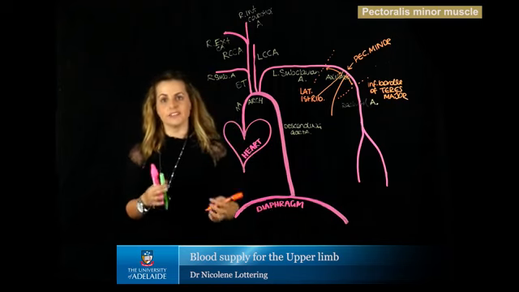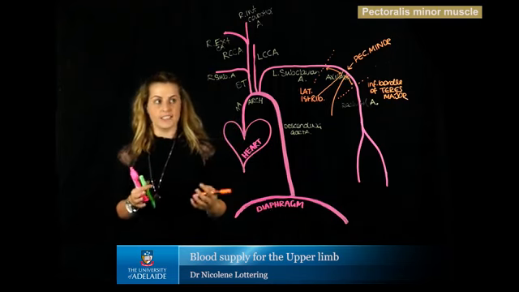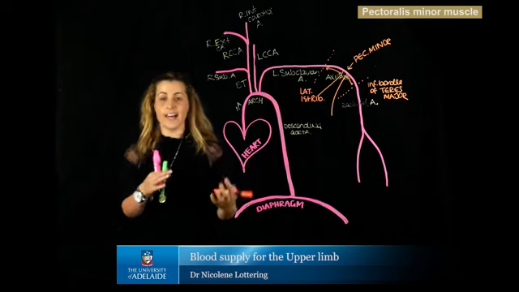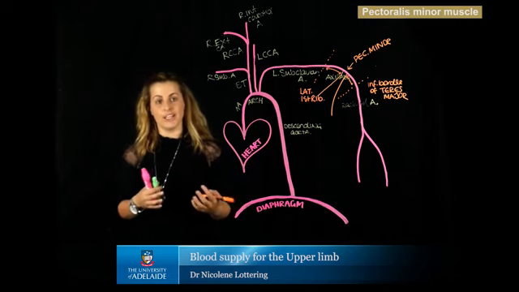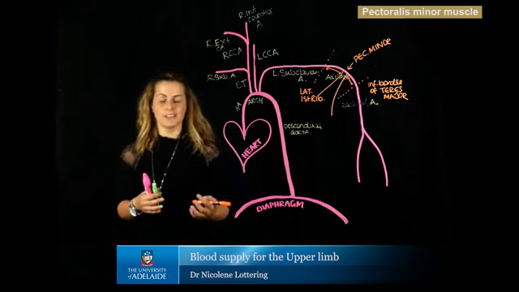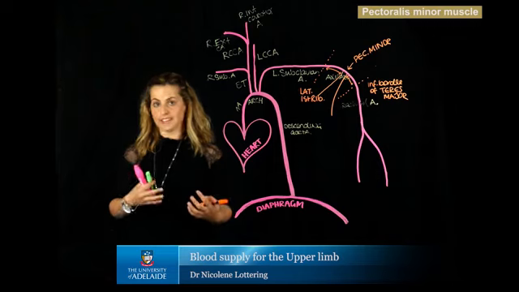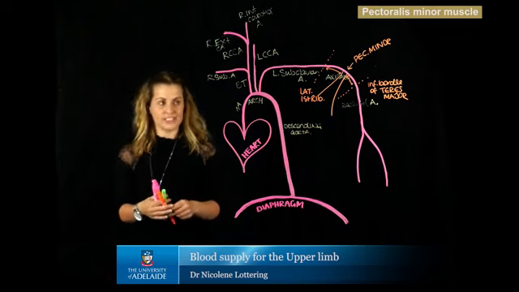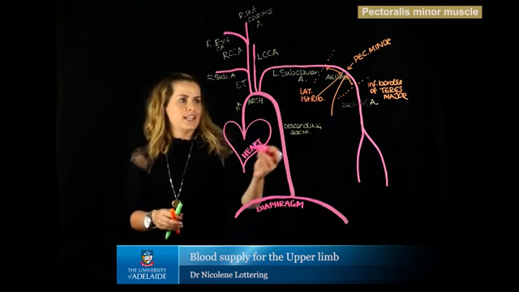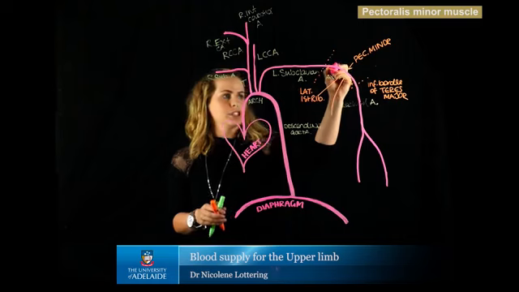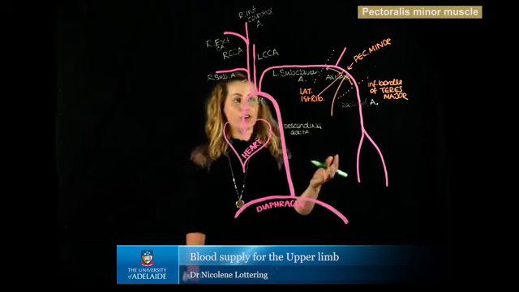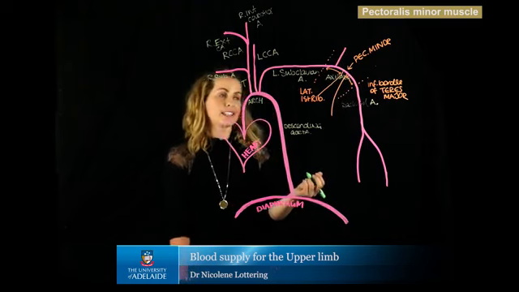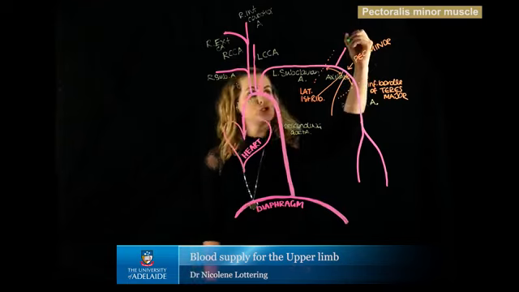Why this is important is that for each segment of the axillary artery, we have collateral branches coming off of it that you need to know, which are going to supply aspects of the thorax, the scapula, as well as the humerus. So firstly, I'm just going to draw them up in this direction. The first collateral branch of the axillary artery is the superior